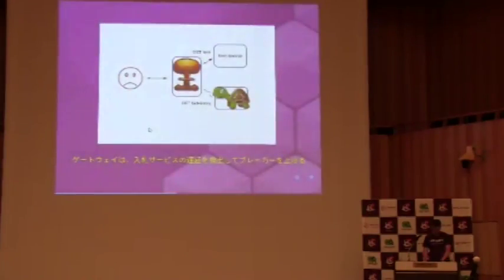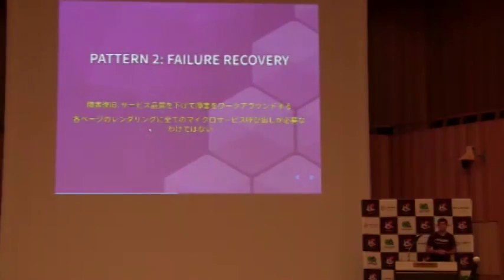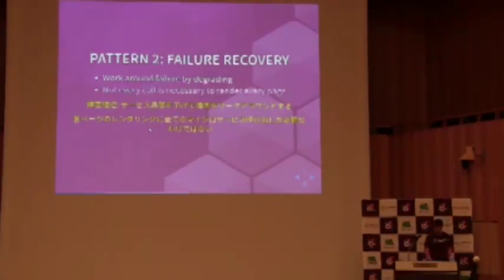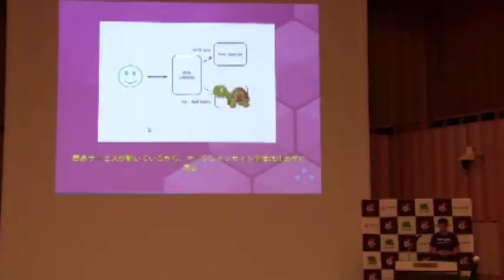The second pattern that I'm going to introduce is failure recovery. The idea is that we work around failure by degrading, so still offering some level of service, but not necessarily the full level of service. In this case, not every call is needed. We don't necessarily need the full history of bids just to render the bidding page, the item page. So the idea is, now that our circuit breaker is open, we're just going to do something else instead so that the web gateway stays happy. So let's have a look.